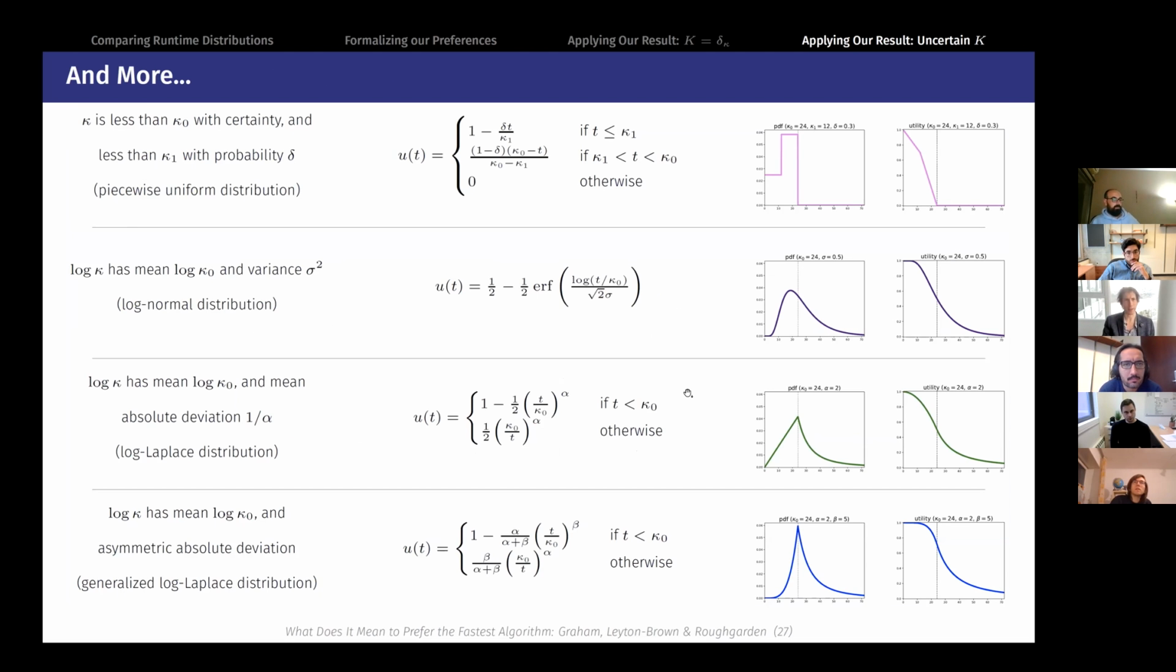And I can do various other things. So if I can build up stepwise constant, stepwise uniform PDFs, if I say my cap time is less than some number with certainty and then less than some other number with some probability, I can justify the log normal distribution. If I know a mean, a log mean and a variance, I can justify the log Laplace distribution or the generalized log Laplace distribution. So there are various assumptions that I could make about what I think I know